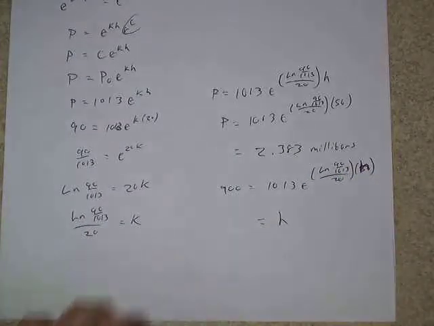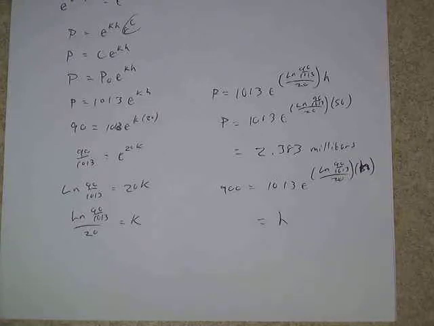So we divide, and then it's pretty much the same solution as what we did over here, isn't it? Divide by 1013 and then take the natural log of both sides. Divide again to get H by itself. Okay. And I don't know what the answer is off the top of my head, but it should be